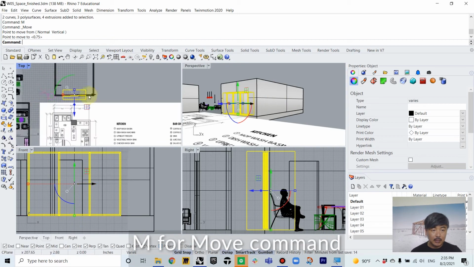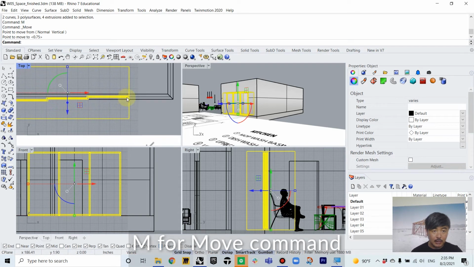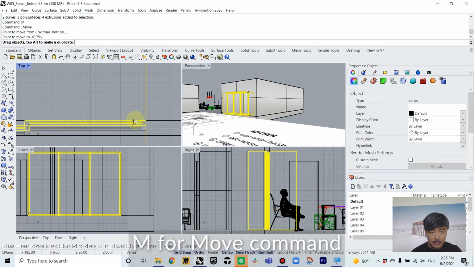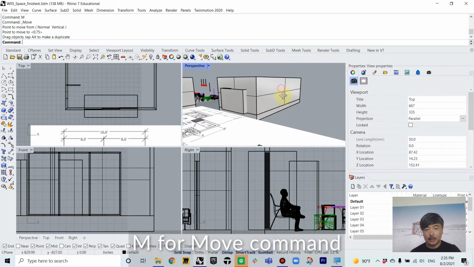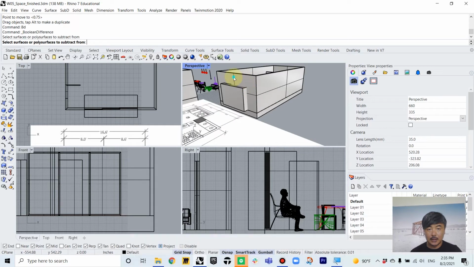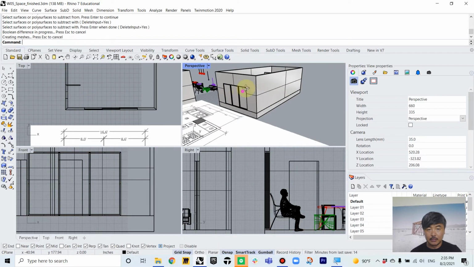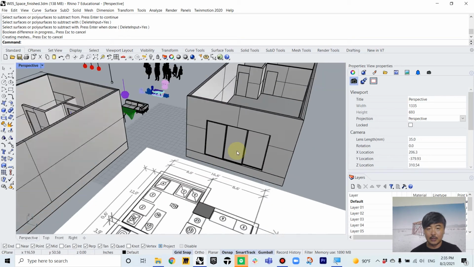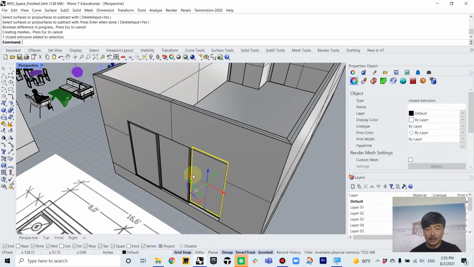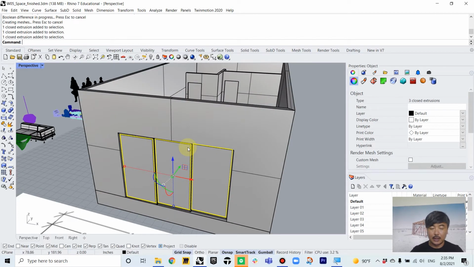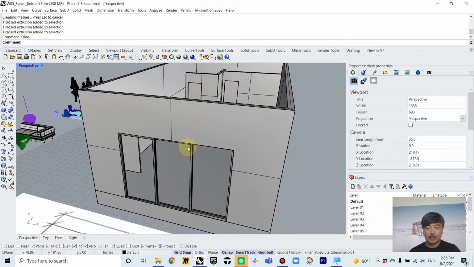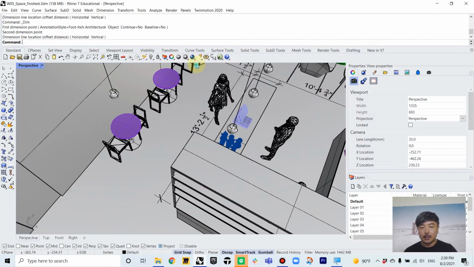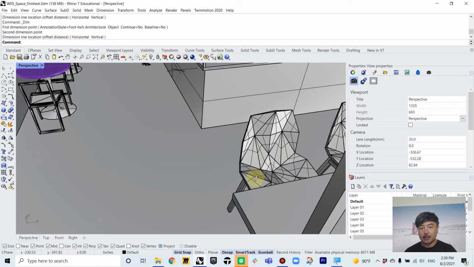Okay, and then make sure that our windows are lined up with our wall. Okay, perfect. So now you can just Boolean difference this box out of this. So now we have these front windows. Very nice. And then you can just hide, select these glasses and hide for now. Okay, so the next step is to go ahead and create this counter